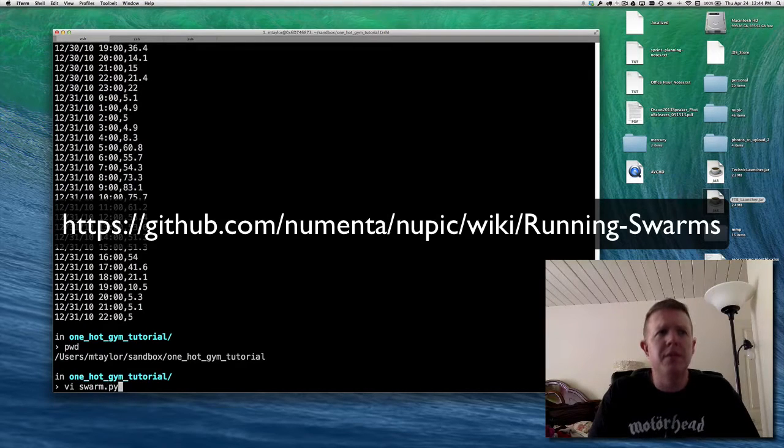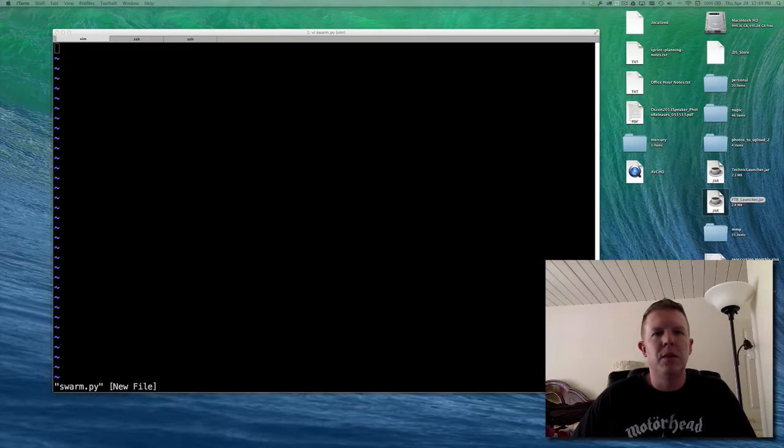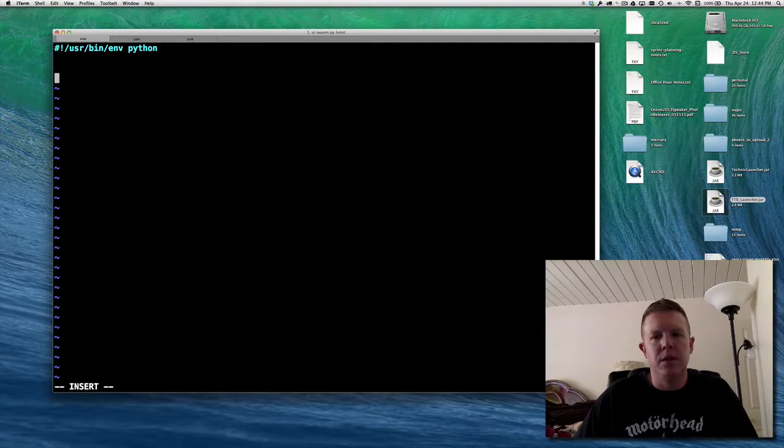So I'm going to do this in Python. I'm going to try and do this in the simplest way I can. I'm going to start with just an empty file here. We're going to call it swarm. I'm going to make it an executable Python file. And we will just do some of the obligatory